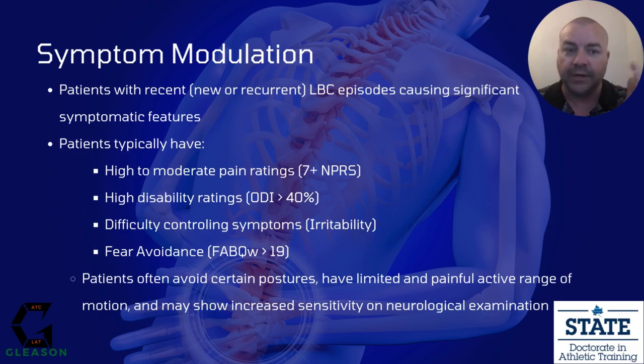So if they sit and rest, it doesn't go away. It's just a constant pain, or maybe they can't narrow down what causes more pain. It's just pain, or spasming. And then there's the fear avoidance, the FABQ, specifically that work version, looking greater than 19. So those are going to be some easy measures that we can see to kind of throw them into this